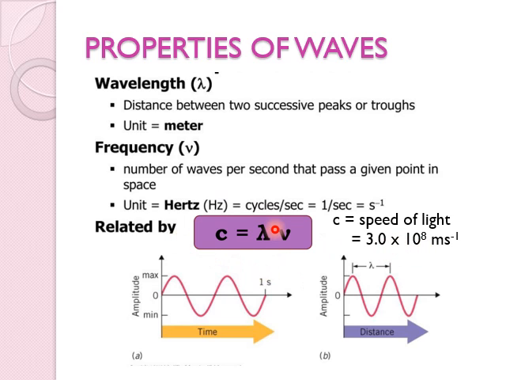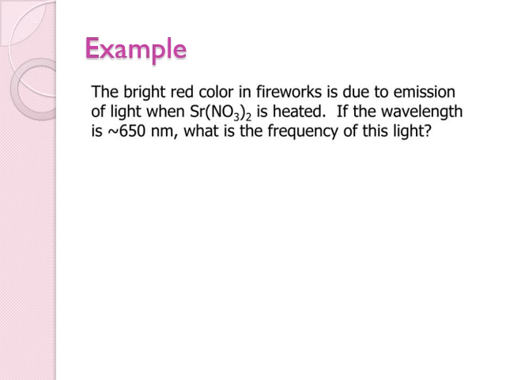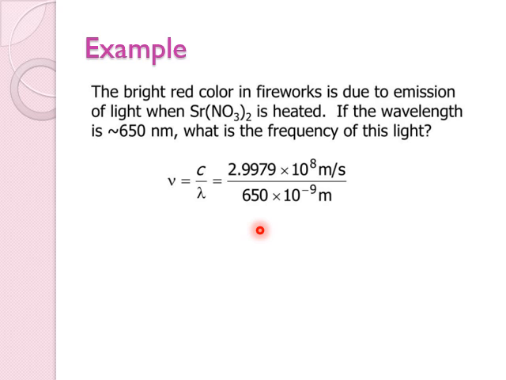So the related formula is c is equal to lambda times v. v is the frequency, lambda is the wavelength, and c is the speed of light. So that's the difference from amplitude, and these are examples of how to calculate frequency. We use the same formula, c is equal to lambda v, or you might rearrange the equation. Frequency is equal to c over wavelength. Alright, so that will be